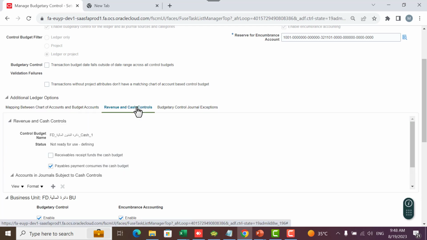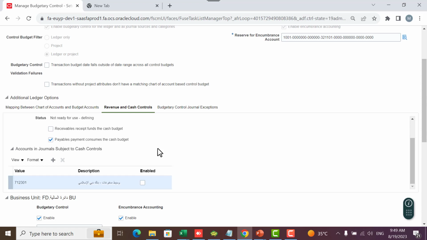Here are revenue and the cash accounts. There are new features implemented later by Oracle Cloud to make a budget for revenue and cash. There are 2 options: receivable receipts and payables payments. As you know, it is not logical to make a budget on revenue because you need more revenue. So you can enable payable payments, but there is one limitation. What is the limitation? Until now there is one issue in the payment form itself. It doesn't check funds, but the PPR, as a payment process request, is working fine. So this is a limitation for the revenue and control budget, and